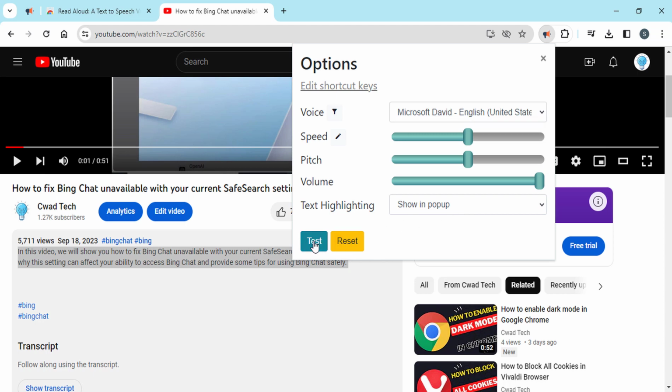Read Aloud is a Chrome and Firefox extension that uses text-to-speech technology to convert web page text to audio. It works on